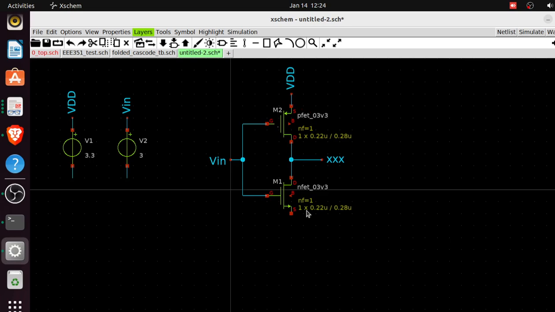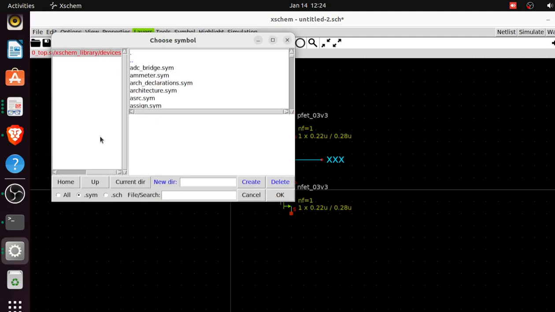This is the CMOS inverter here, so I can just go and pick it from the scheme library, which is not from the Skywater library or the Global Foundry library. So from here